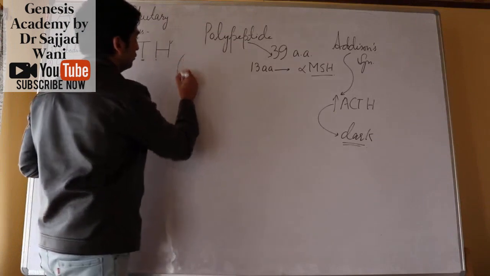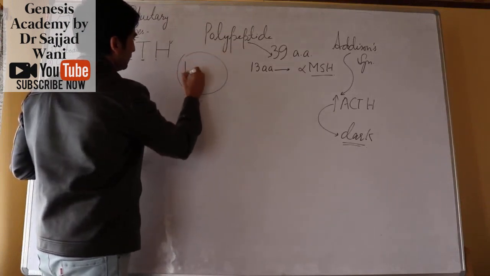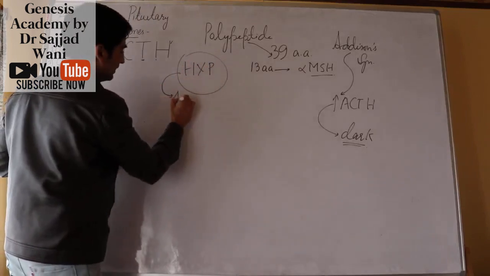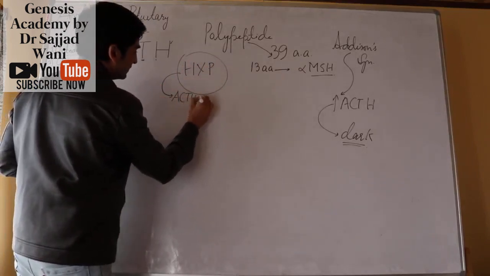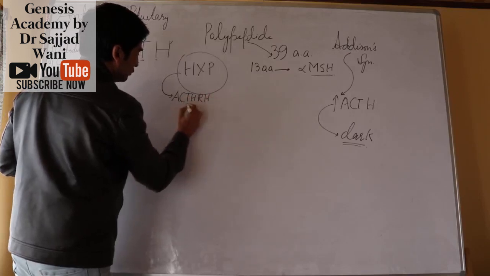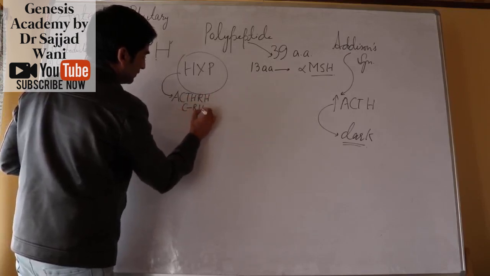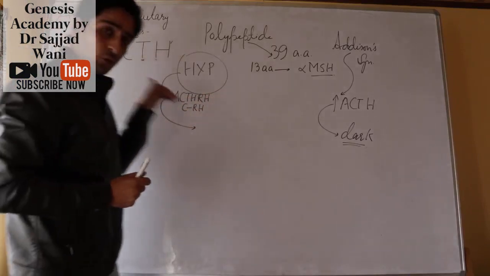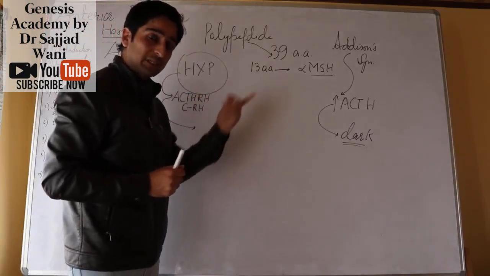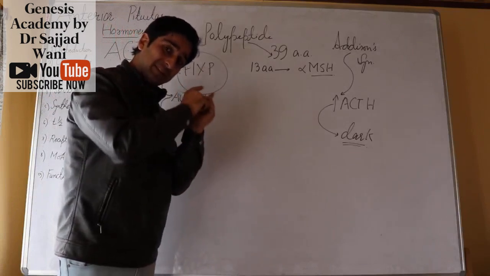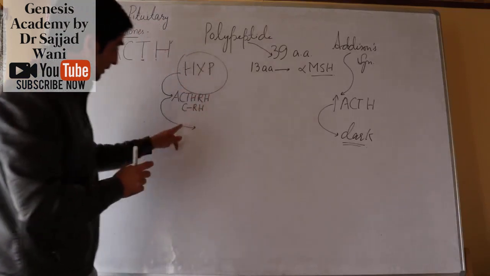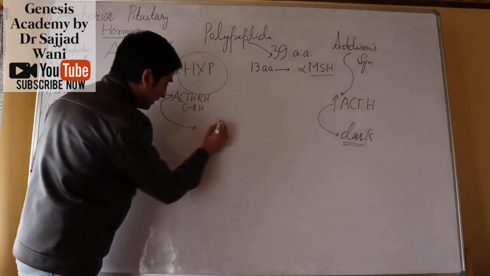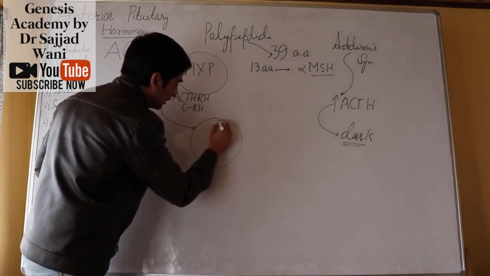I have already told you that the hypothalamus produces a hormone which is known as ACTH releasing hormone, or corticotropin releasing hormone. This hormone is released at the median eminence and it goes into the hypothalamo-hypophyseal portal system. You must watch the previous lectures. So it goes into the hypothalamo-hypophyseal portal system, and then these hormones go into the anterior part of the pituitary